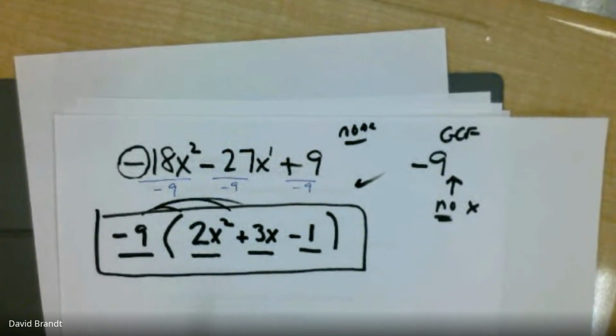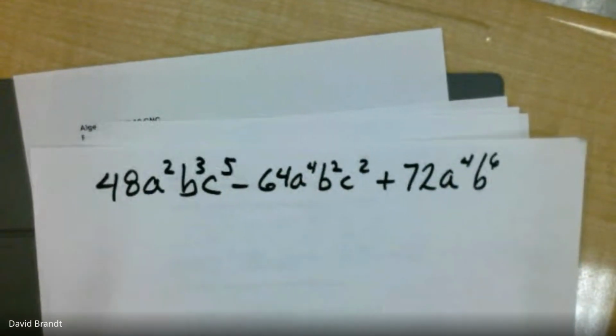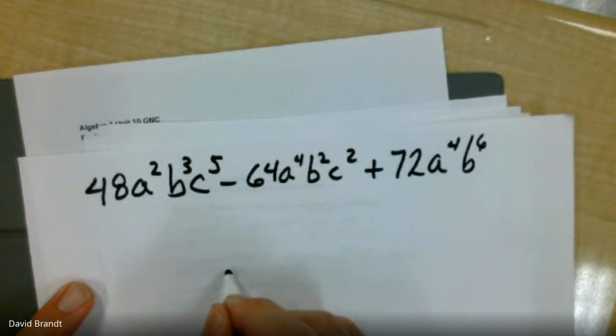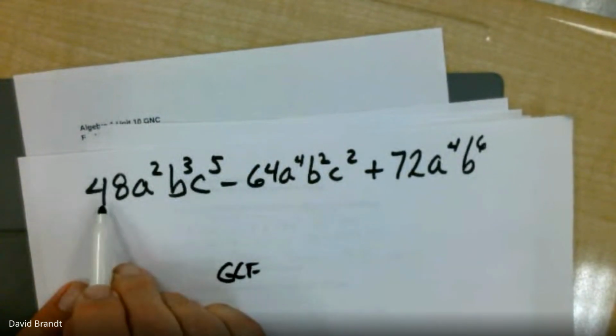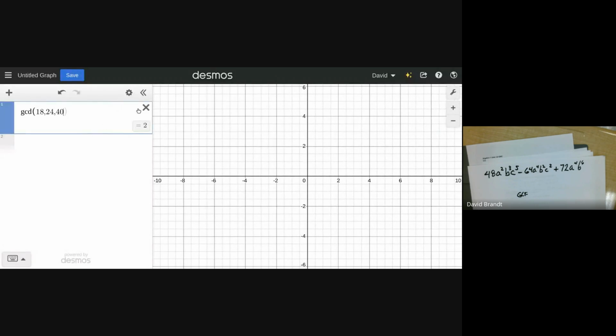All right, last example. This is a tough one. Again, 48, 64, and 72, those are big numbers. Let's see, what is the GCF for 48, 64, and 72? I'm going to share my screen again. If you don't remember, I'll type that in for you. Let's see. Again, do you remember how to do it? I'm going to type GCD